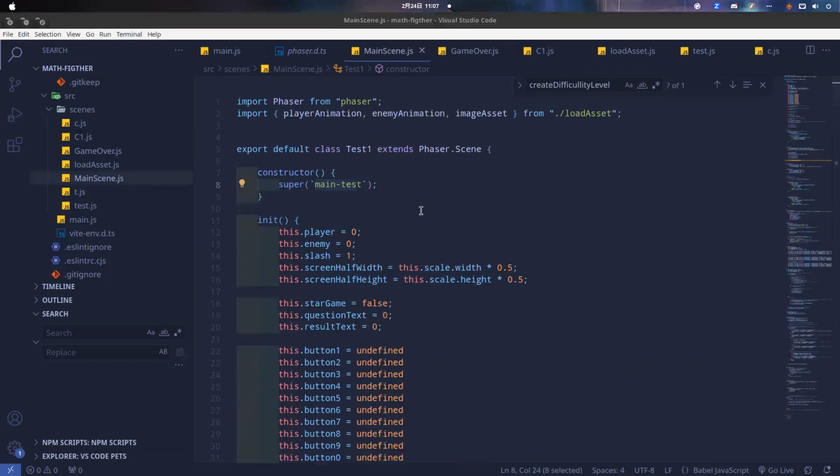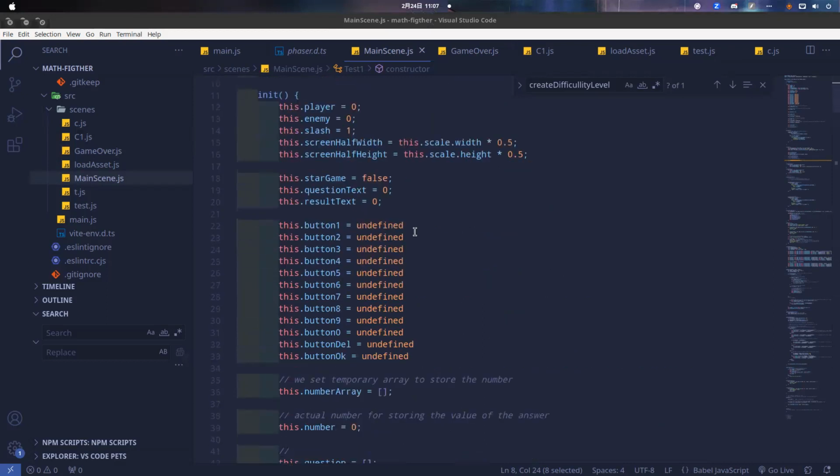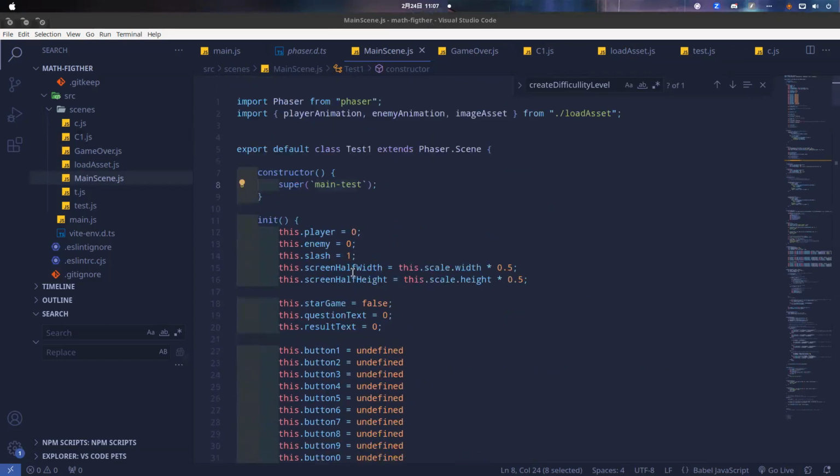Okay, and then we have the init method. The init method is like a variable actually, but in this case we have several keys. For example, we just want to set our properties for the player. We have this player and assign it 0. Actually, that's just fine because JavaScript is a dynamic language. You can change the value to whatever you like.